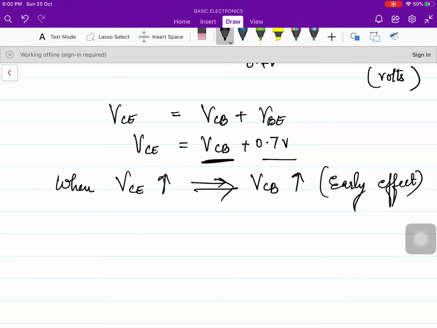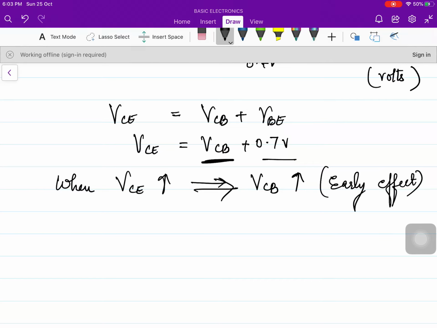What was early effect? If you increase the collector base voltage, which is already reverse biased as per the rules of active region, then you are in turn increasing the reverse biasing across the collector base junction, which will increase the width of the depletion layer, and the depletion layer will extend more into the base because it is lightly doped. Lesser the doping, more the width of the depletion layer. So what will happen? The effective width of base is very less, recombination will be less, IB will be less. Here we are only concerned with IB because we are drawing the graph of IB versus VBE.